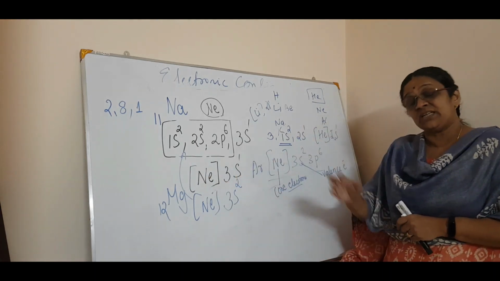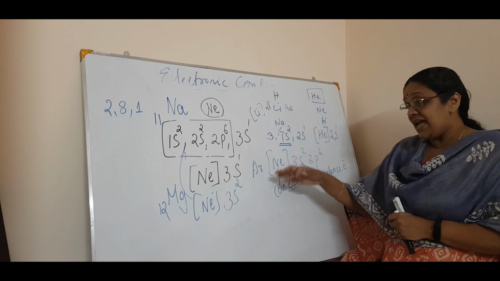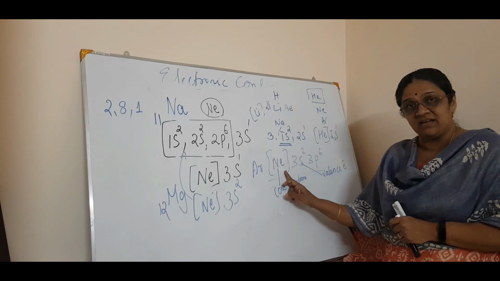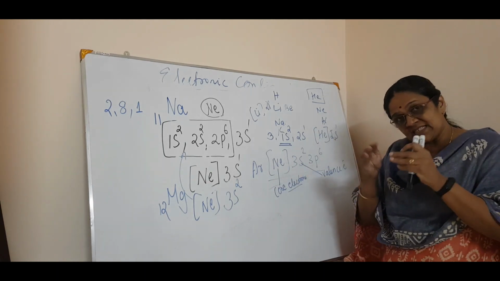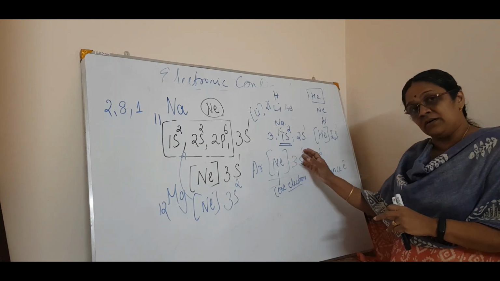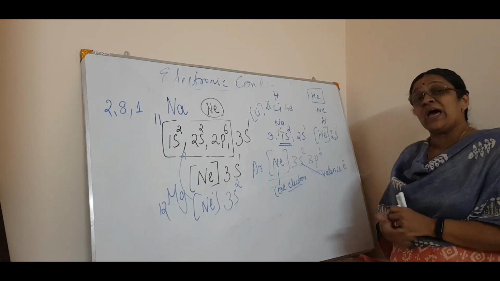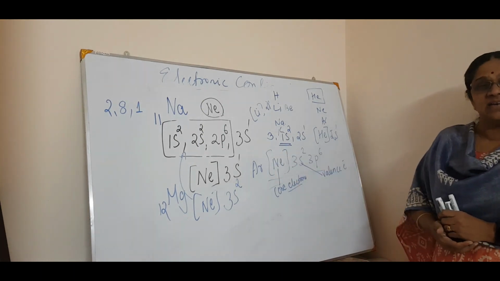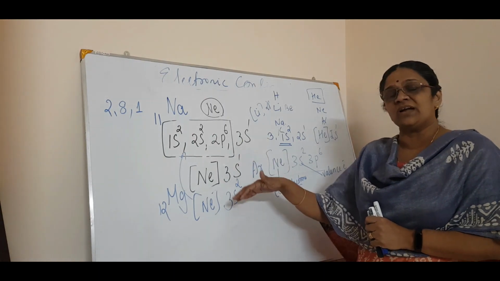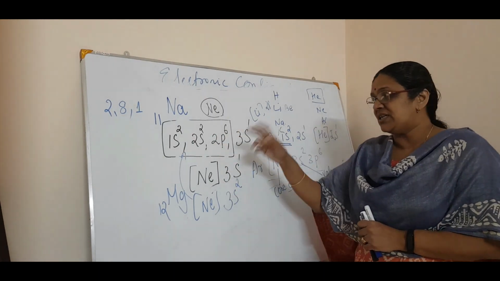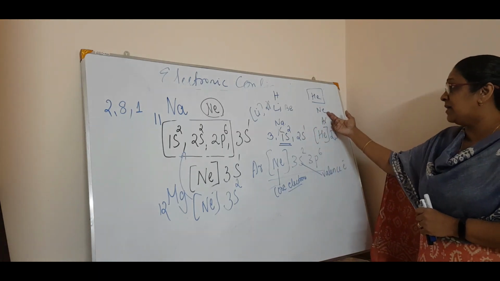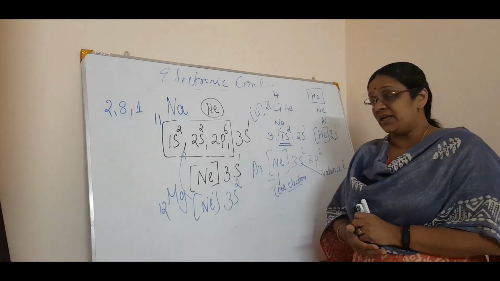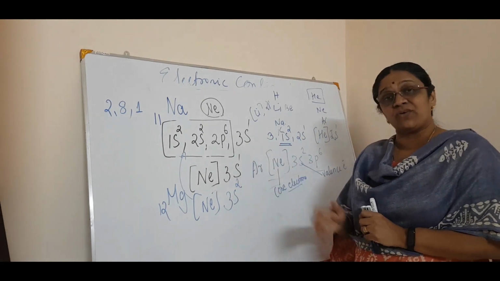Then you write the next so that it won't be lengthy. The electrons in this bracket you name core electrons, that is the inner side, and outside of this bracket you say valence electrons. Okay, so this is one more type of writing the electronic configuration. You don't need the lengthy one. You just see the immediate noble gas, then you write accordingly. So this is also one type of writing the electronic configuration.